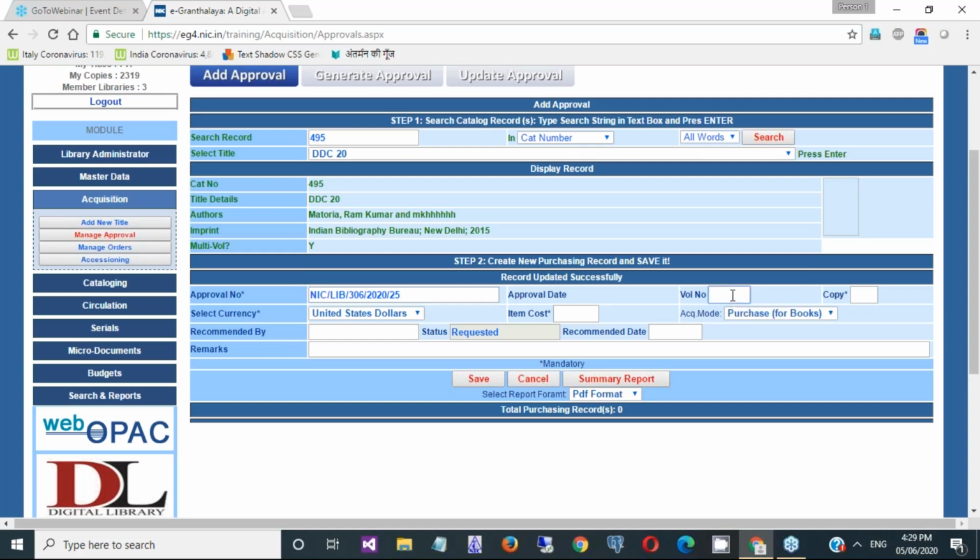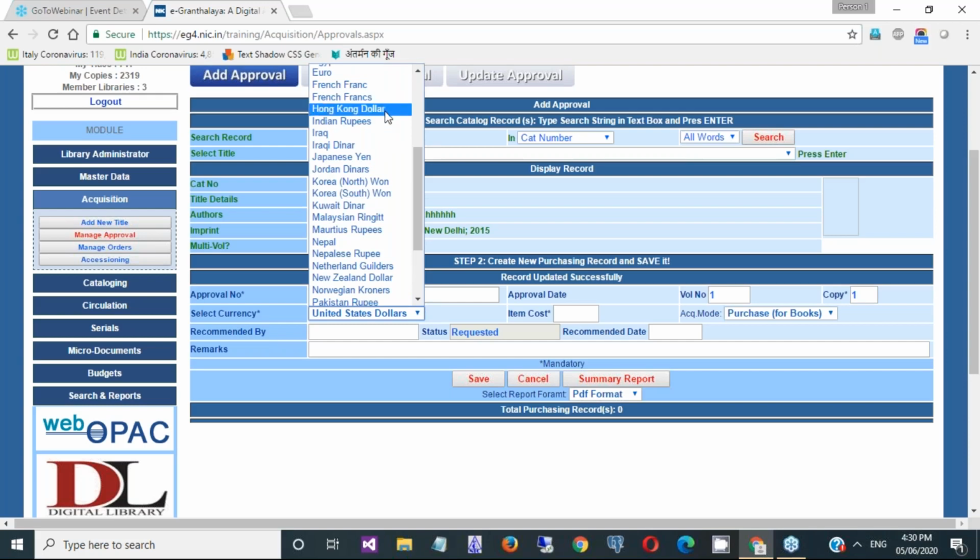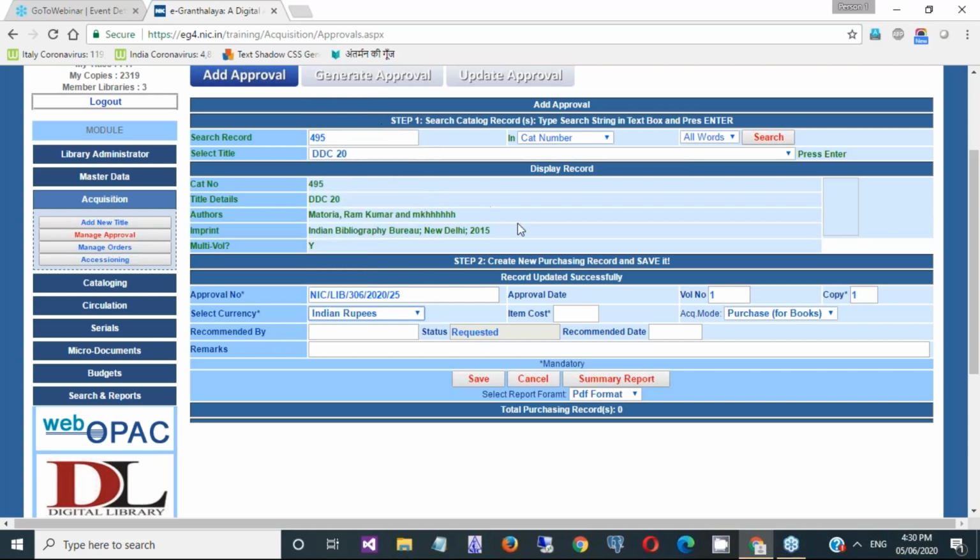This is a multi-volume book basically, that's why the volume number gets enabled. So we are going to purchase 1 copy of volume number 1, and this is in Indian currency, an Indian publication. The cost is 500 rupees per copy. Save it.